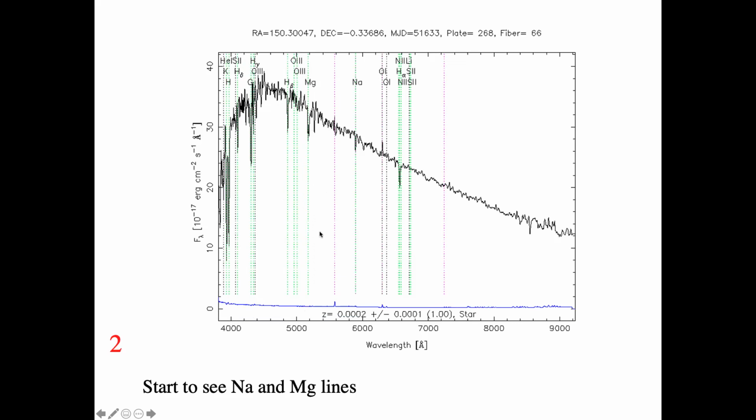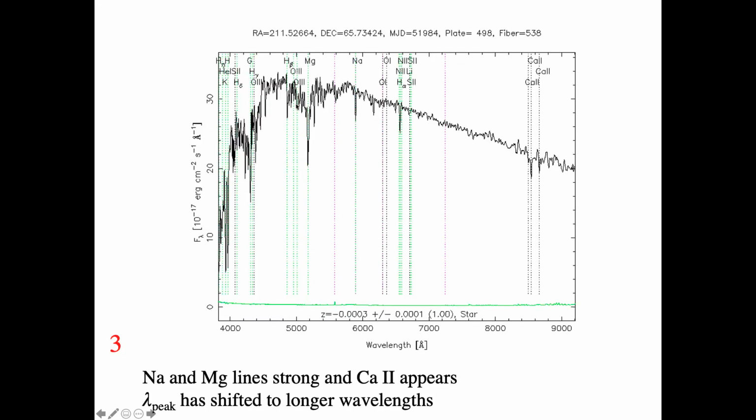And if we go to the next coolest, right, we can see again the peak wavelength has shifted over. It's somewhere in here, right, in the 5,000 range. Although it looks like it's dipped out because of the presence of the magnesium in the atmosphere. Based on the rest of the shape, somewhere around here is where the peak should be. Right, and we're starting to see that calcium on the right. We've got some sodium all up in there.